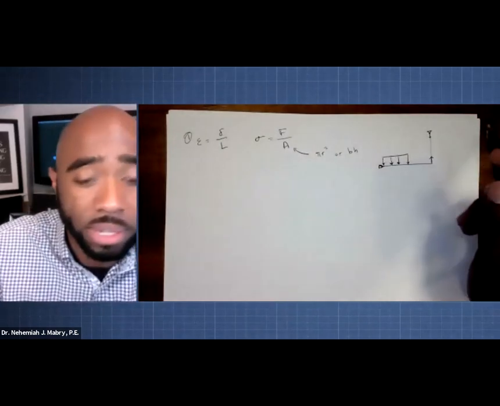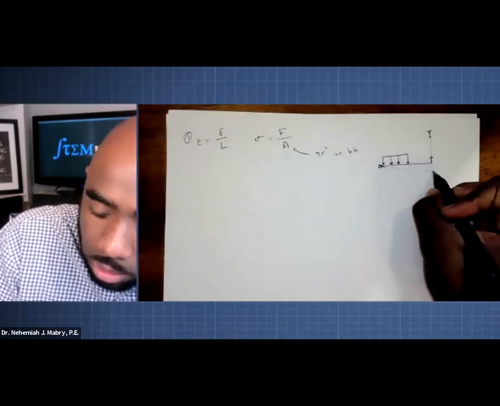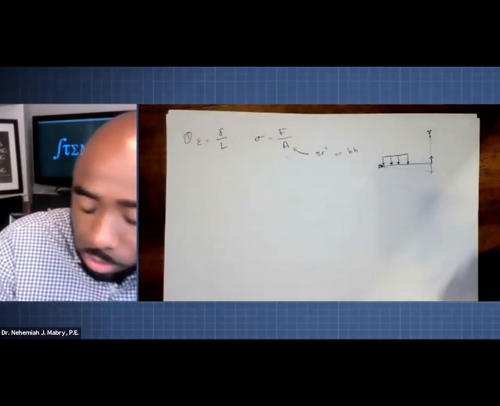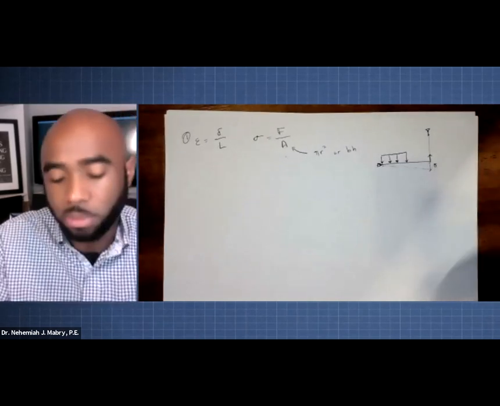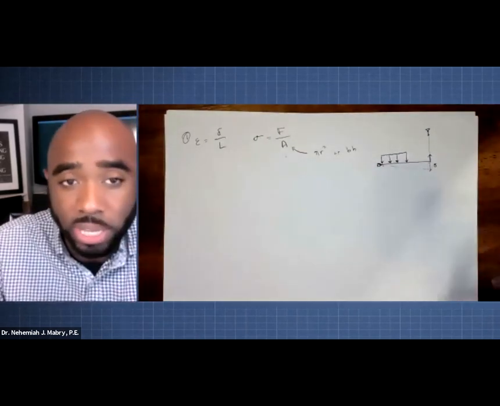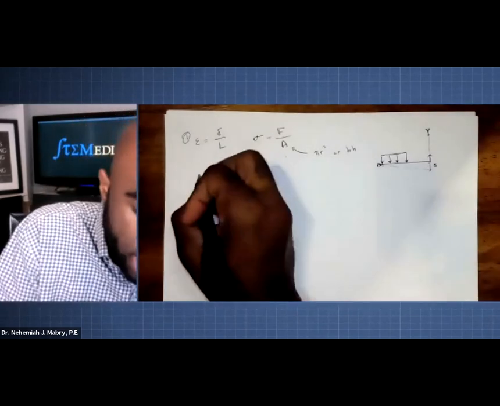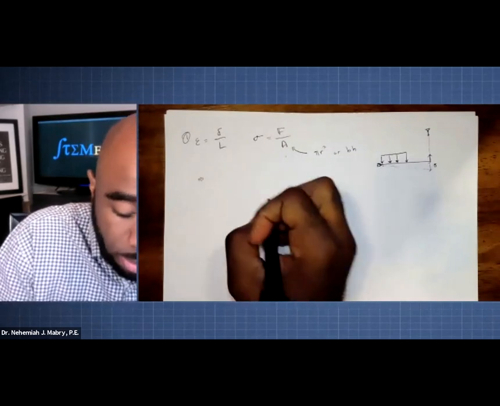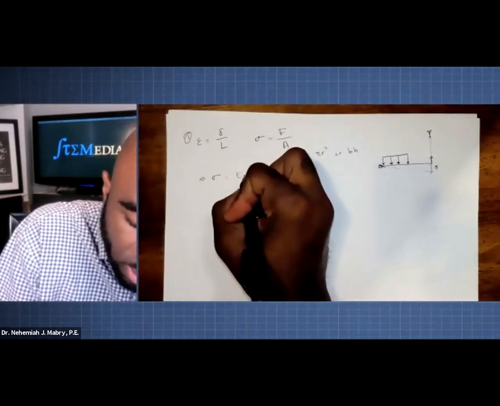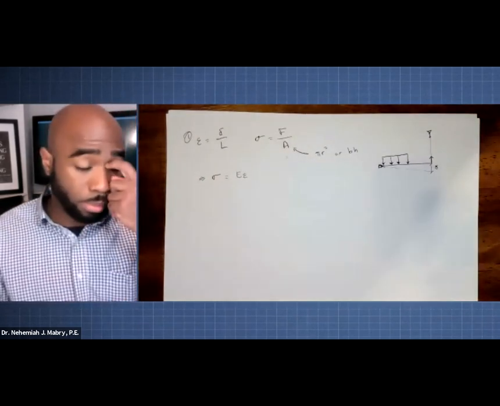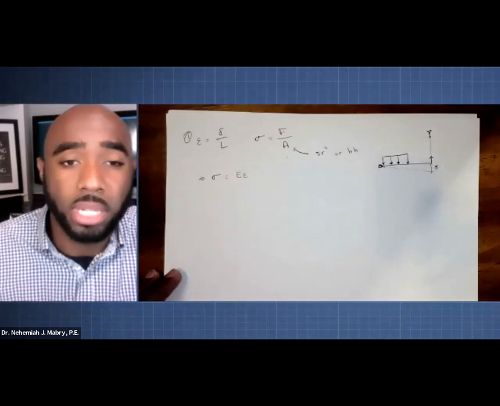Perhaps you will be given a problem where instead of finding the stress, you find a displacement, right? What type of displacement is in the wire? You can take that displacement, put it over the area, and find the strain. And then lastly, of course, we know the relationship between stress and strain, sigma equals E epsilon, right? Basic concepts from chapters 1 through 3 to keep in mind.